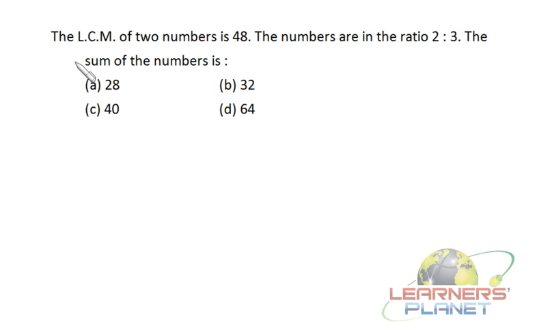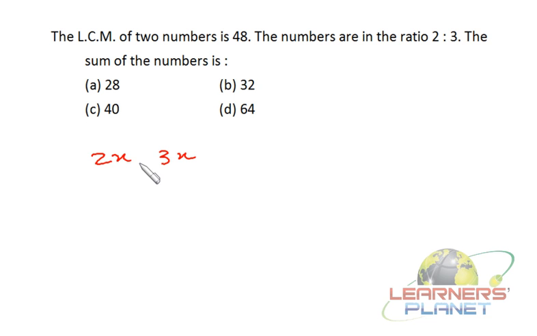Now in this question, the LCM of two numbers is 48 and the numbers are in the ratio 2:3. Then we have to find out the sum of the numbers. Now we have been given the ratio of numbers. Let their HCF, that is highest common factor, be x. So the numbers will be 2x and 3x. Now their LCM is 48, their HCF is